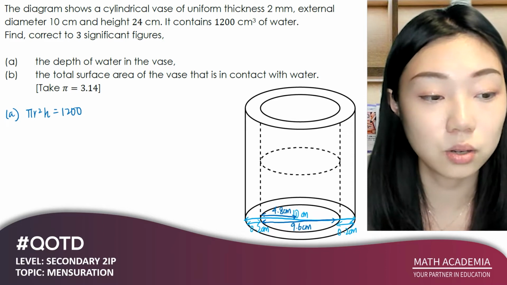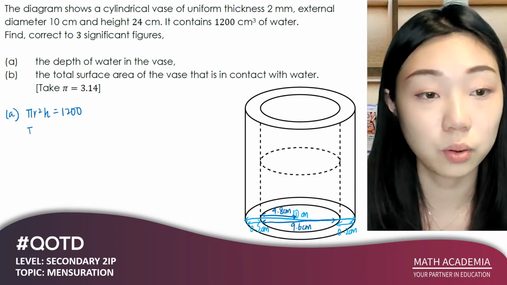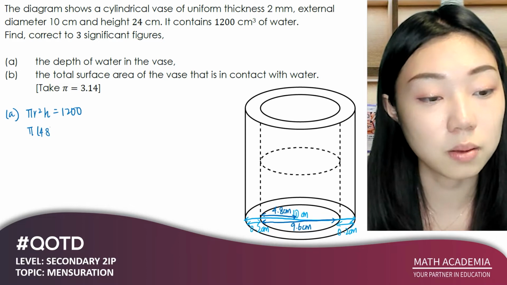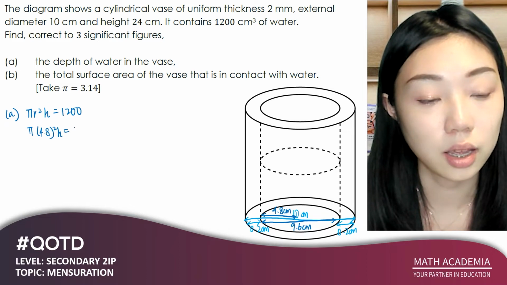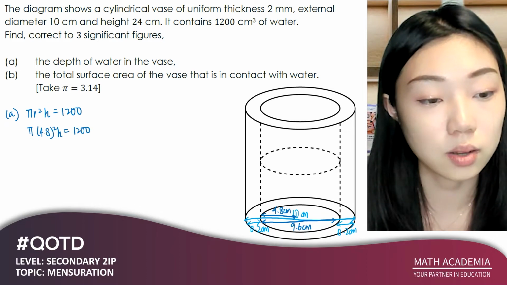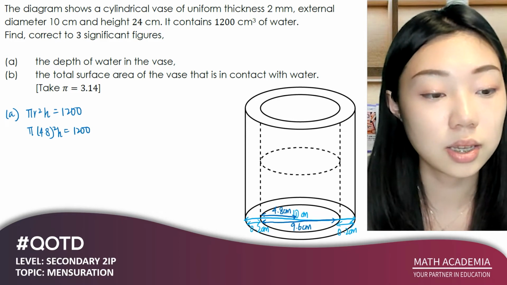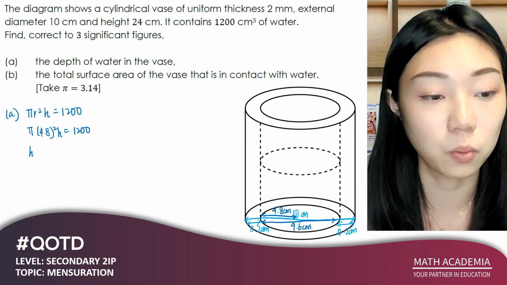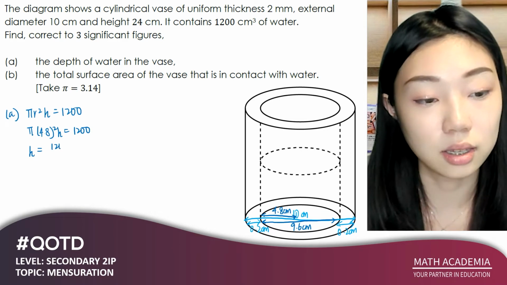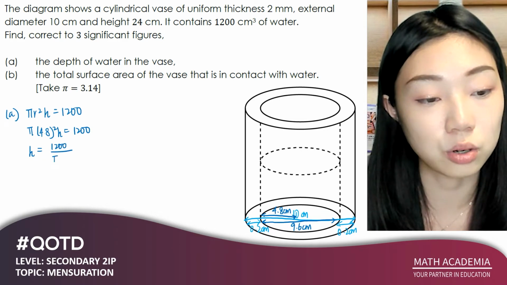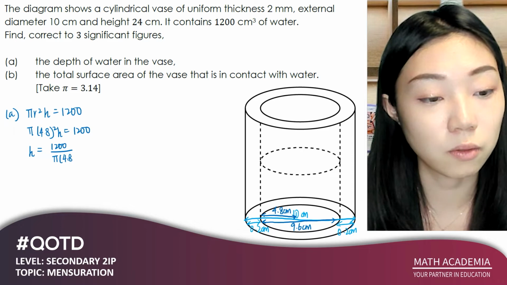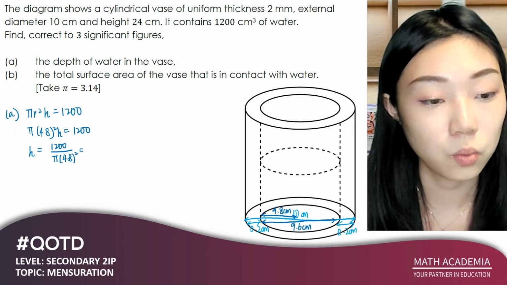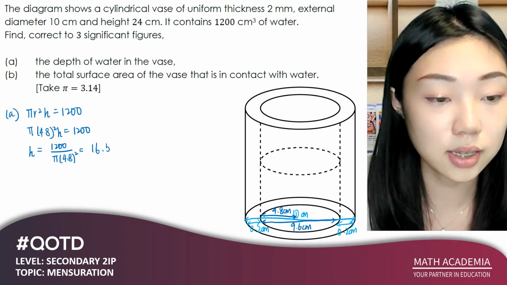So let me substitute 4.8 into the equation. I will have pi times 4.8 squared h equals to 1,200. So this means I can find the height of the water by dividing 1,200 by pi times 4.8 squared, which gives us about